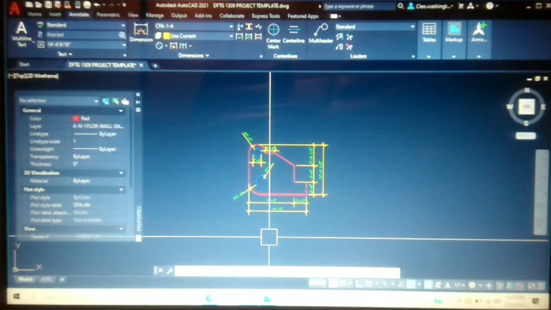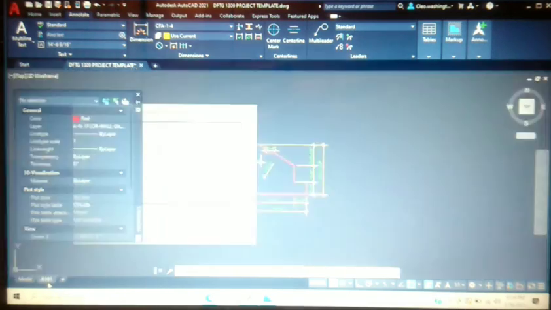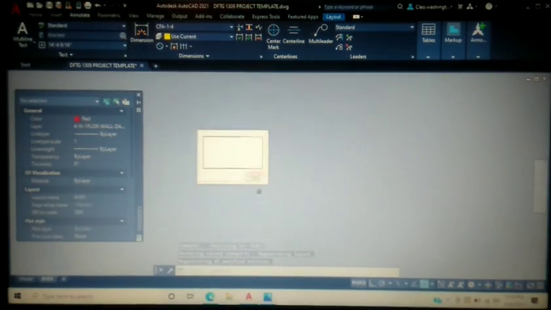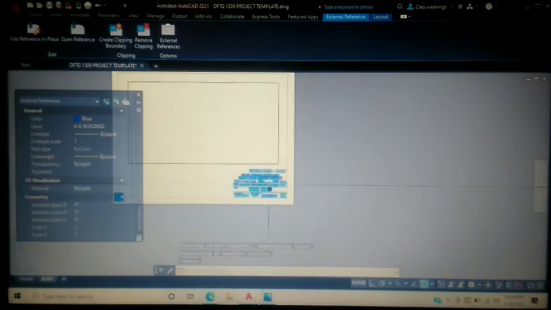Now, let's go ahead and take this drawing and set it up on a sheet. This was the sheet that we set up before, okay? And this is an XREF, so I'm going to delete